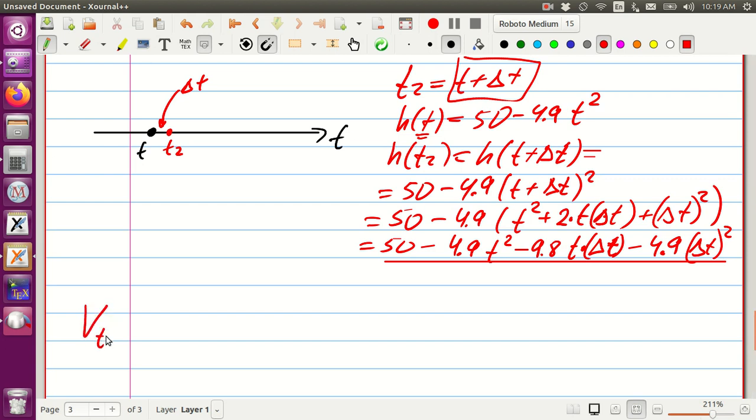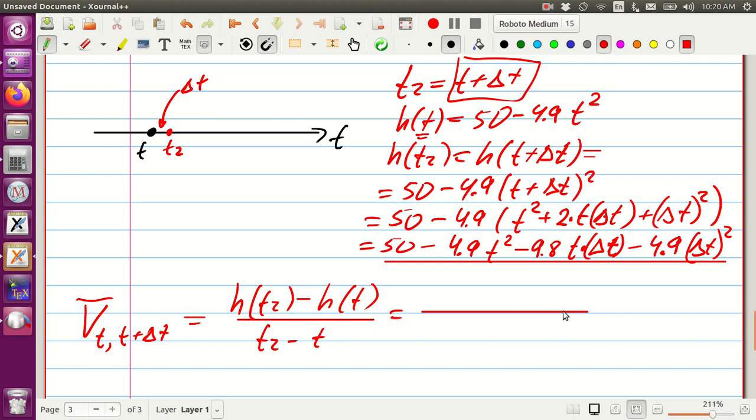So now we're going to find the average velocity between t and t plus delta t. So that means that's going to be h of t2 minus h of t divided by t2 minus t. So on the bottom we get delta t. In the numerator we get this expression for our h of t2. So we write it 50 minus 4.9 t squared minus 9.8 t delta t